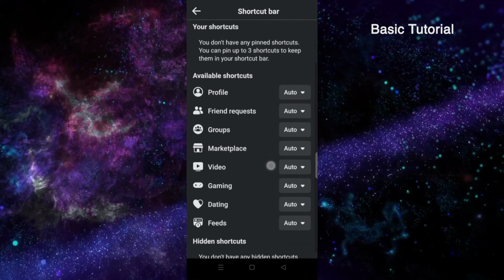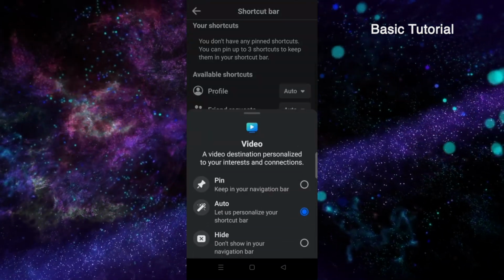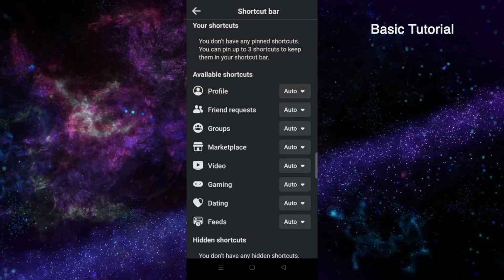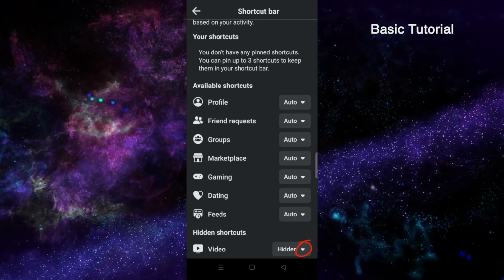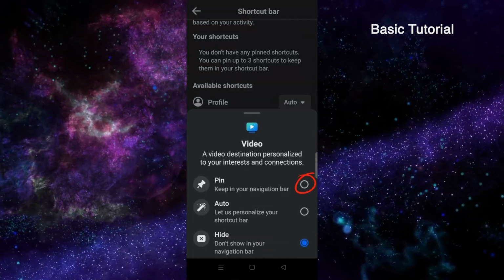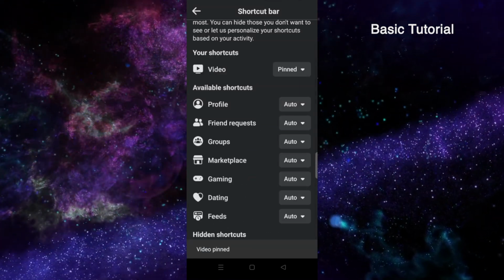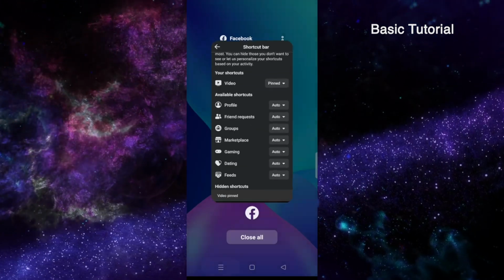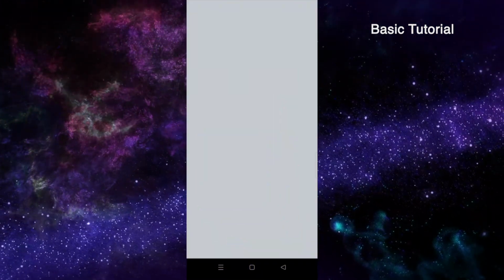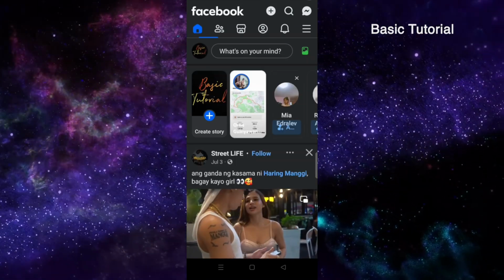Scroll down and tap the arrow down on the video. Click Hide. Click again the arrow down on the video. Then click Pin. Now close your Facebook and reopen it again. You may now see the Watch Video icon tab, but if the Watch Video icon tab is still missing,